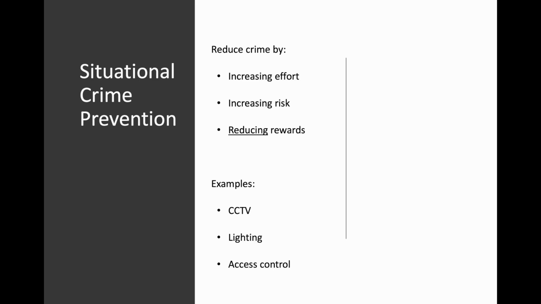For example, better lighting may increase perceived visibility and therefore increase perceived risk. Steering wheel locks increase the effort. Security cameras increase the perceived certainty of detection. Locked access points reduce opportunity. Now, you can notice something important here, that many of these situational prevention strategies don't rely on harsher punishments. Instead, they rely on manipulating the opportunity structures and perceived risks. And this is one reason that rational choice theory became highly influential in modern policing and environmental criminology.